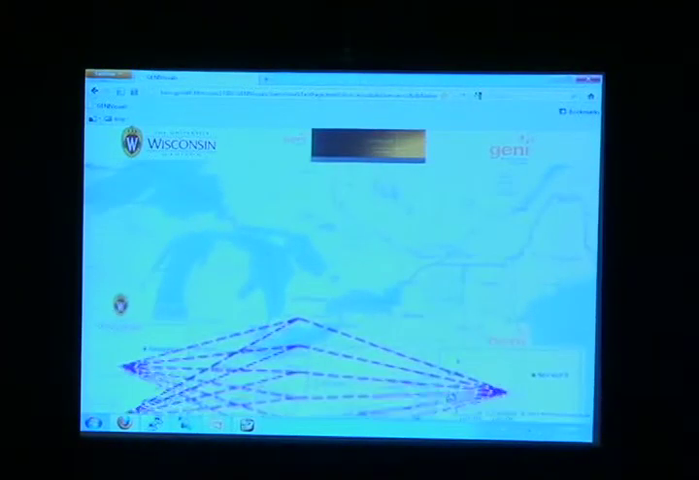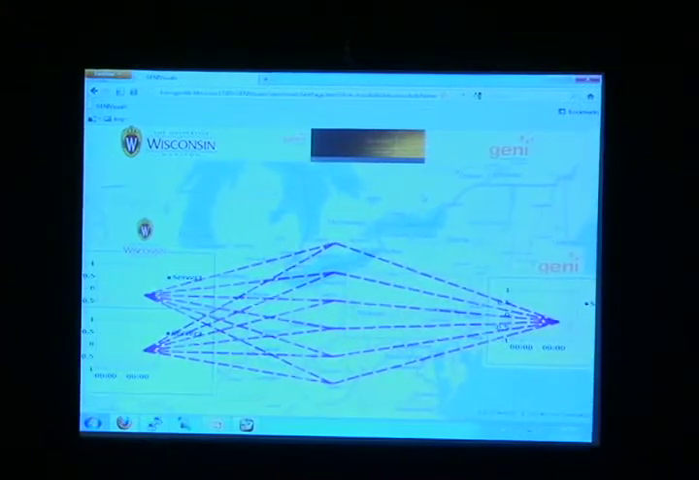So what we have running here is an Android emulator, and the visualization in the back looks a little off, so let me see if I can bring it up here instead. We'll just do that. Okay. So here's a visualization that shows our resources at Wisconsin and our resources at the GENI